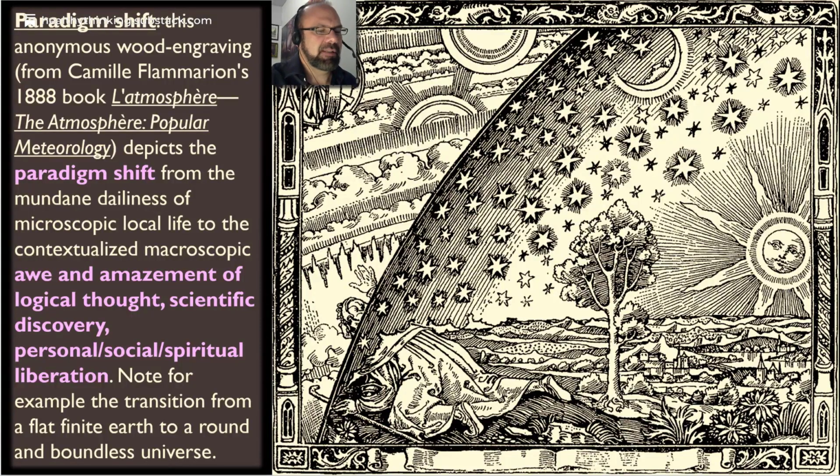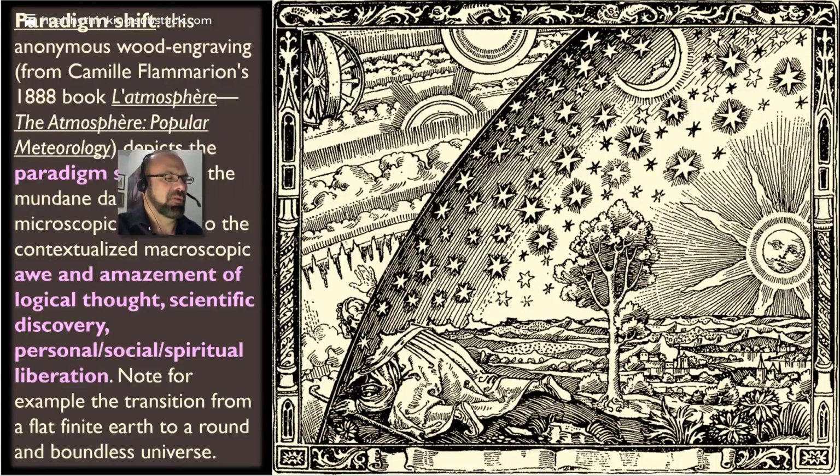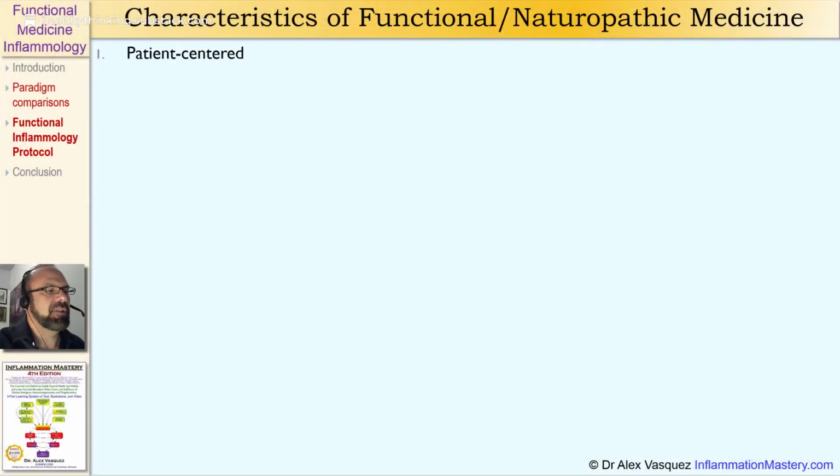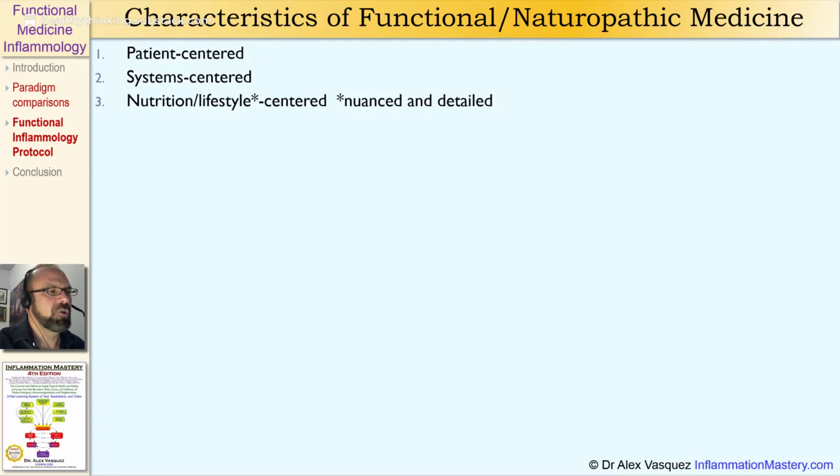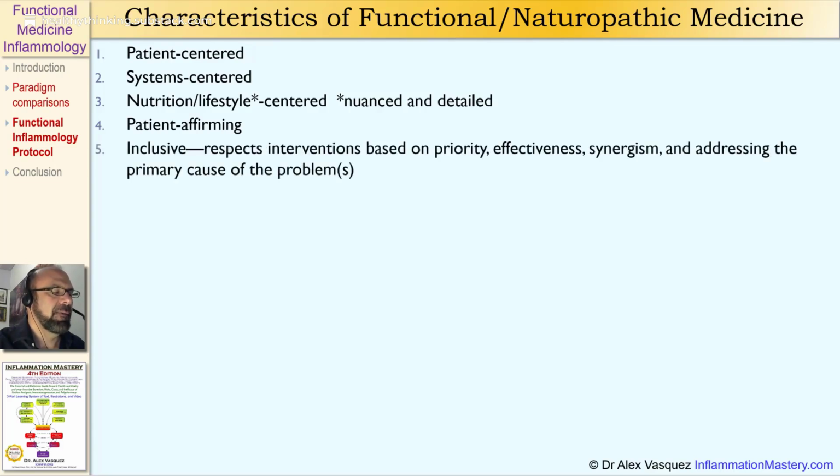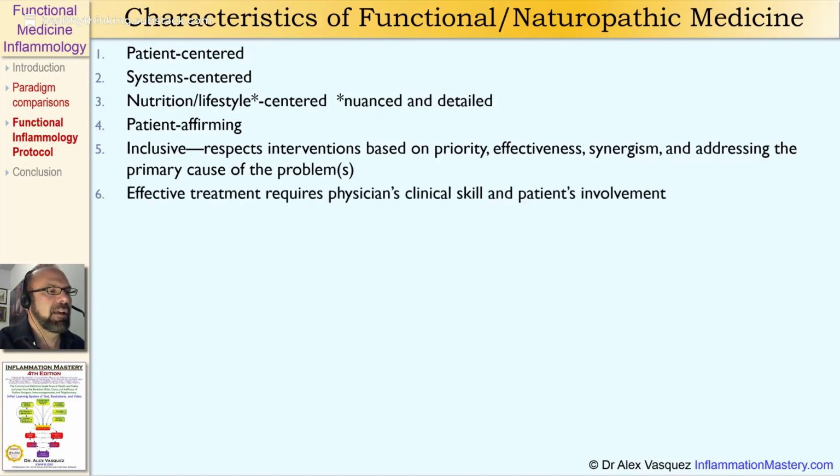So for many people who are new to these concepts, they are now crossing into a new world that focuses more on patient-centered medicine, systems-based medicine, rather than targeting isolated pathways, nutrition and lifestyle-centered interventions that are very nuanced and detailed, patient-affirming instead of drug and disease-affirming, inclusive, which respects interventions based on priority, effectiveness, and synergism, and their ability to address the primary cause or causes of the patient's problem. Effective treatment here requires more physician skill and more patient involvement. For patients, they of course at least have to be willing to change their diet and lifestyle, and for physicians,